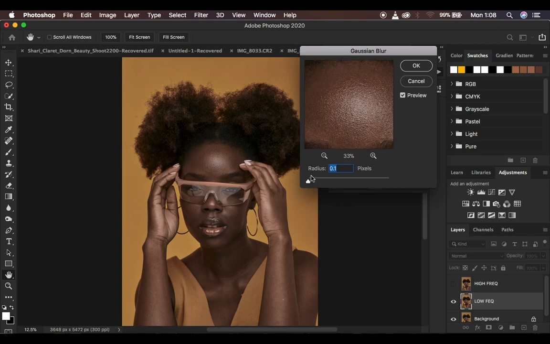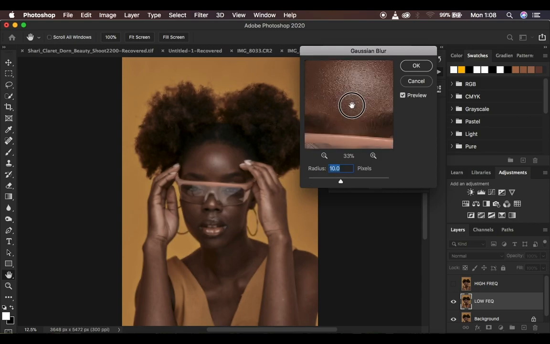So just come to the radius and simply take this up to a point when the details are just starting to completely disappear from the image. So at around 10, I'm just going to type in 10. At around 10, that is when I'm just starting to lose the details. So make sure you don't take this all the way up, because you have to keep looking at the image and you can still identify the facial structures, but at the same time blur out the information within the textures of the skin. So I'm just going to come and hit OK,